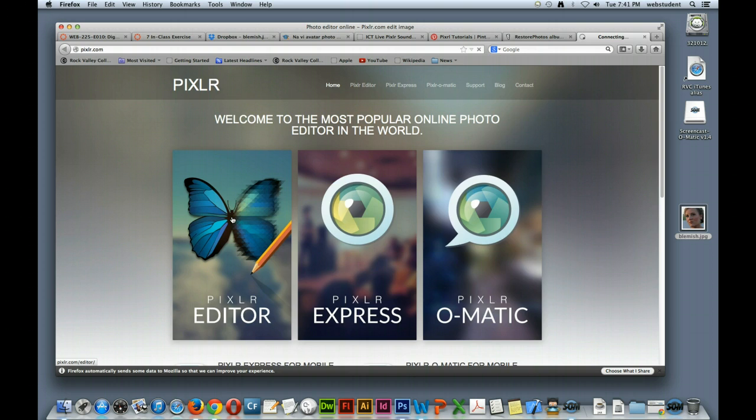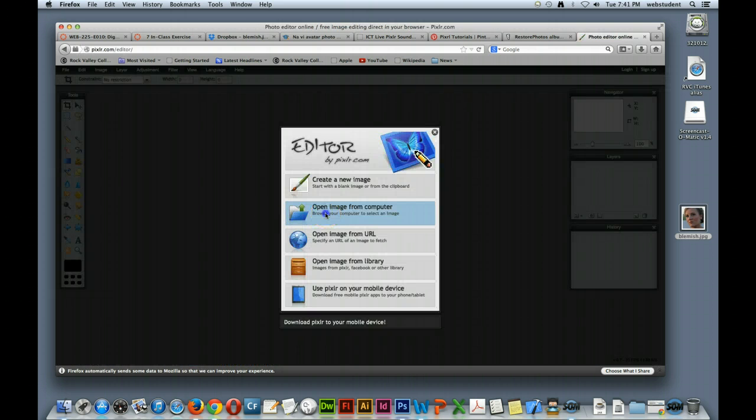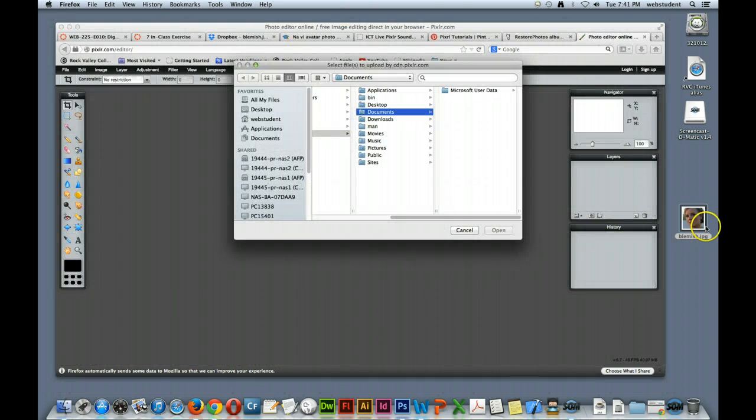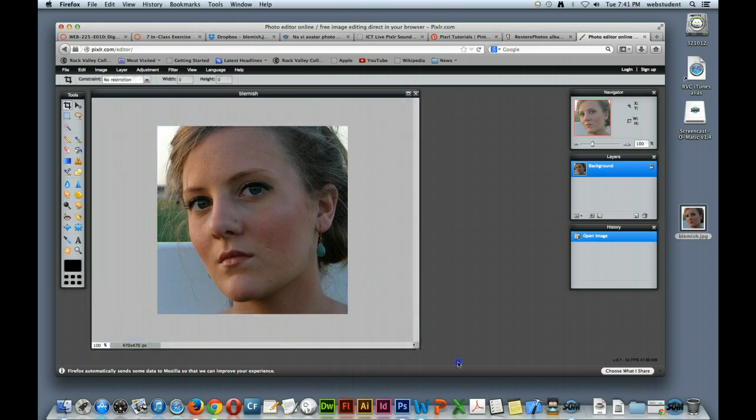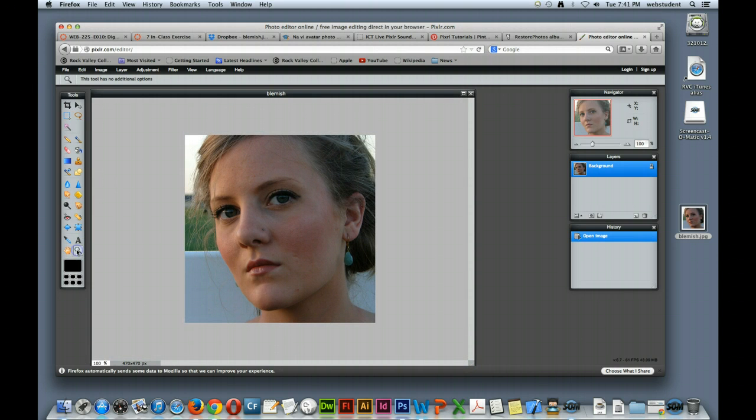I'm going to click on that. And then I'm going to open up that blemish image I saved to my desktop here. And then I'm going to take my magnifying glass. This is your toolbar, much like Photoshop. You have most of the tools you have in Photoshop on the left side here. The menus, you'll be familiar with those if you're familiar with Photoshop. If you're not,